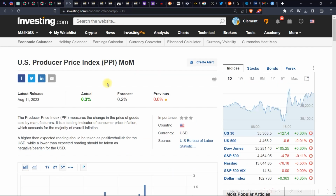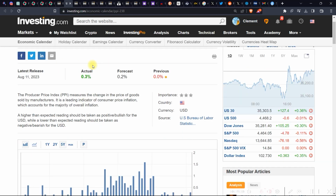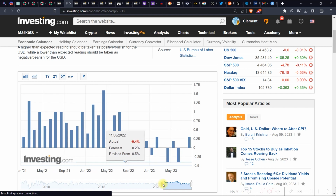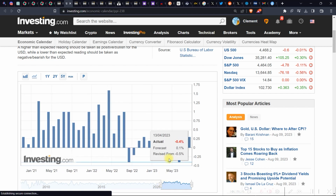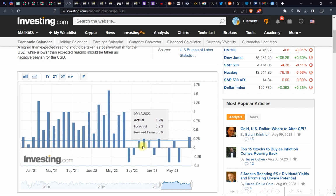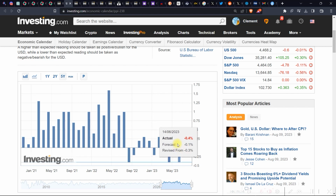Let's look at the other one. Now, this is the producer price index for all items on a month over month basis. You can see here the declines were significant on a month over month basis. And it was kind of stabilizing low, but now you can see this uptick, and this uptick is not a good sign. Really, it's not a good sign, if you understand what I'm talking about here,